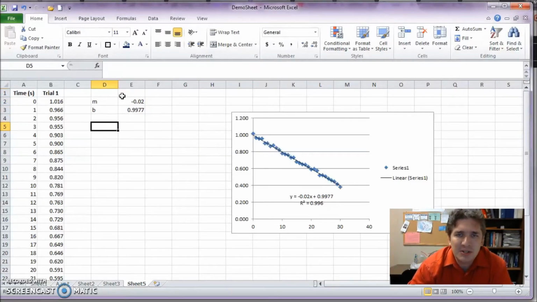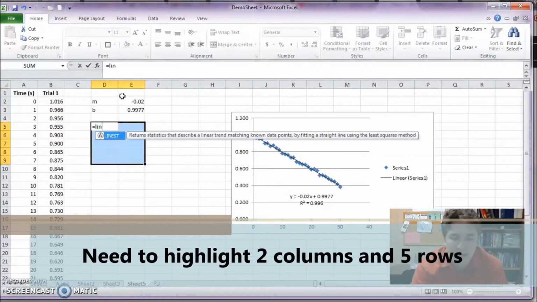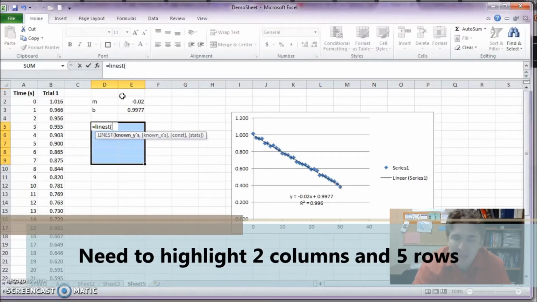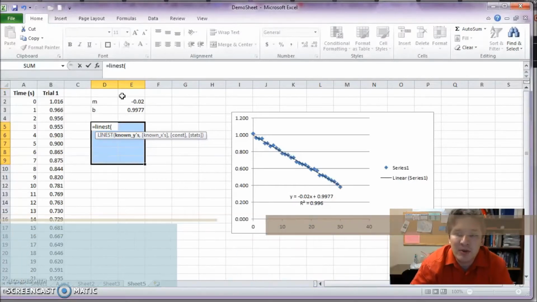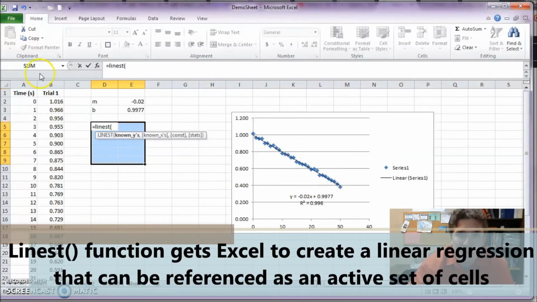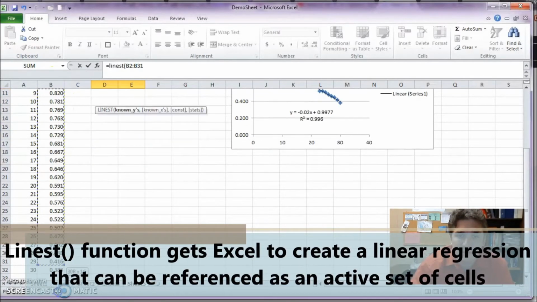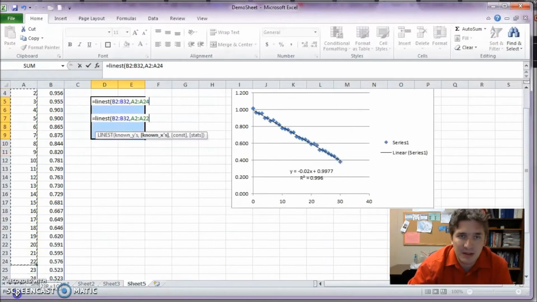Well, this is the major issue of the trend line, is that it's not a real-time update. We can't reference it like we could in an active cell. So there is actually a special function for this. If you highlight 2 columns and 5 rows, and you type equals LINEST, this will come up. The LINEST function is a way of getting Excel to tell you how it's calculating these numbers in this linear regression. So you're going to highlight the y values, comma, highlight the x values,